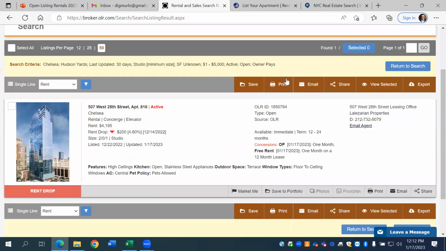Right, so right now there's one, right? This market is not one where there are a lot of OP listings right now. Again, that's not to say there aren't, but maybe in different neighborhoods we'll find more. In this case, Lazarian Properties is the owner of this rental building. They are offering a concession here of an OP of 1 month, and they're also offering free rent 1 month